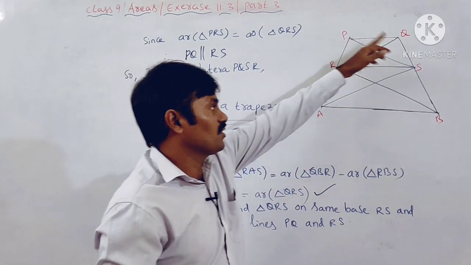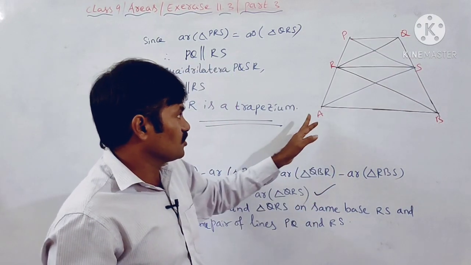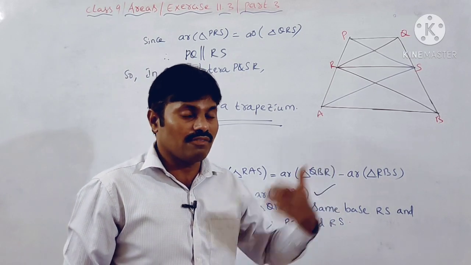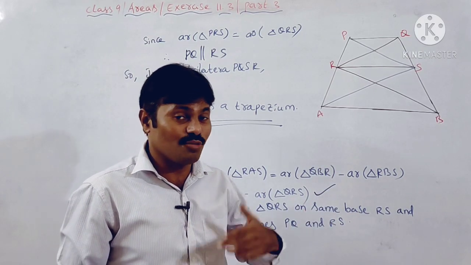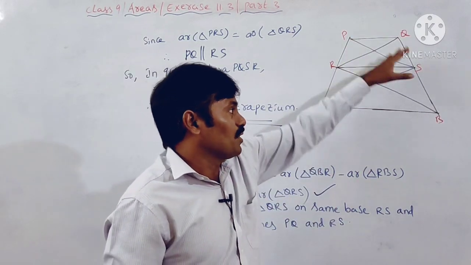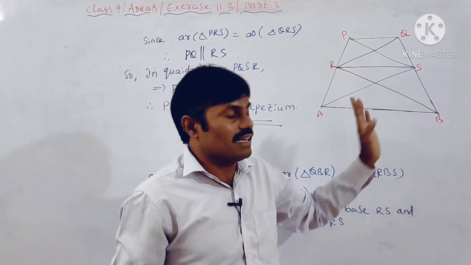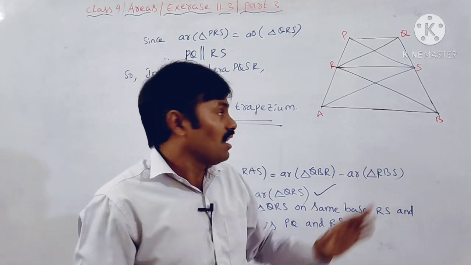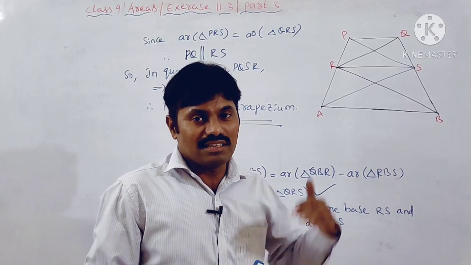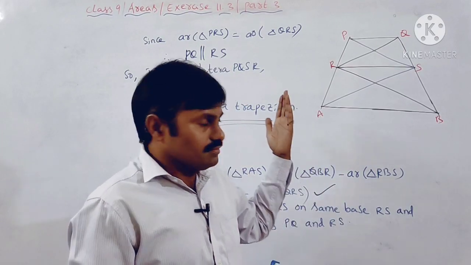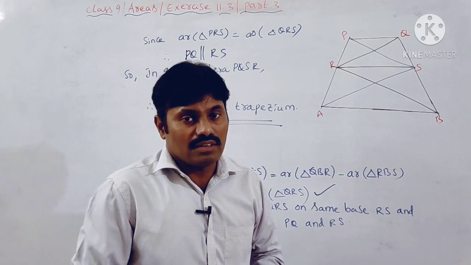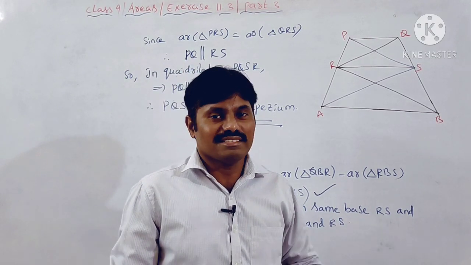We have to show that PQSR is also a trapezium, and we showed previously that ABSR is a trapezium. Trapezium means one pair of opposite sides are parallel. If two pairs of opposite sides are parallel, then it is a parallelogram. So here PQSR is a trapezium and ABSR is also a trapezium, or we can say that RSBA is a trapezium. So these are the solutions of this exercise 11.3. I hope you are clear about these solutions.